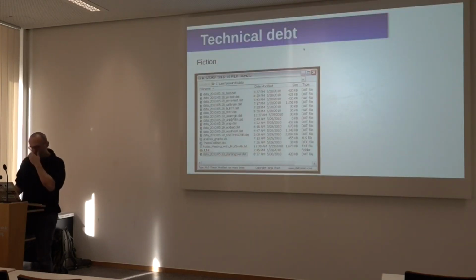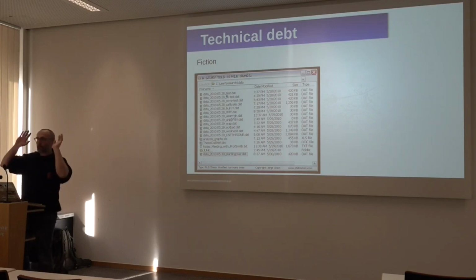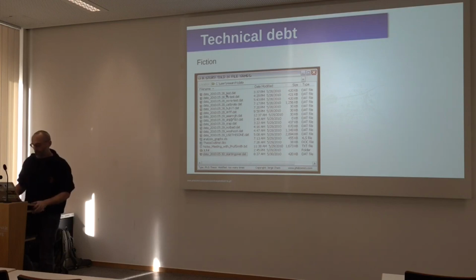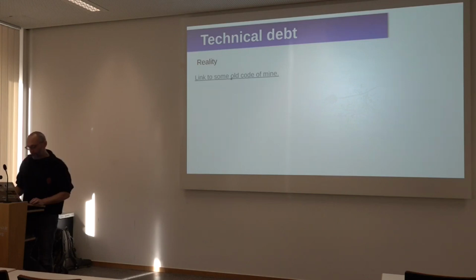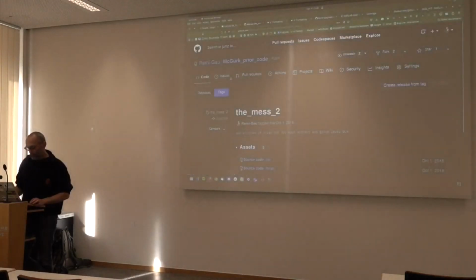So a bit more on technical debts. This is another PhD comic image. This is obviously a fiction, but it's where you end up having a whole bunch of files that have very, very similar file names. The funny point about this one is that just by reading the file names, you can tell the whole story: the experiment doesn't work, you recalibrate, and then eventually things work, and you have just used this one, and then you have a meeting with your Professor Smith, and then you start over. Very funny. Let me show you some of my old code.